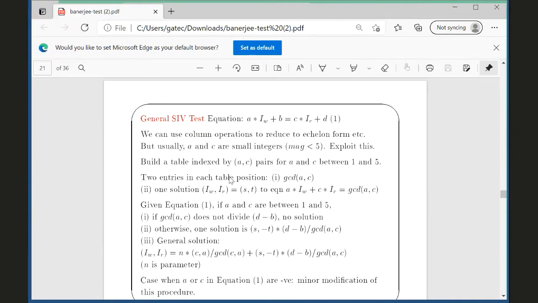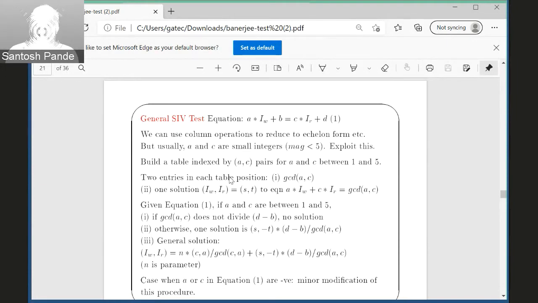One of the approaches is to take this approach, which is shown here, which is usually, again, driven by empirical observations. A and C, which are the coefficients, are usually small values. Now, for every such pair, A and C, between 1 and 5, which is sort of what is typically observed in scientific code and so on,